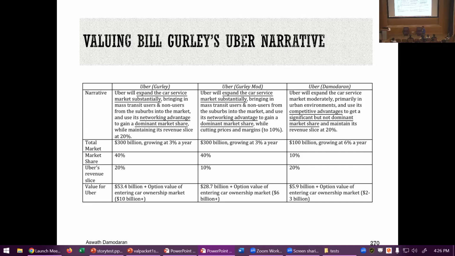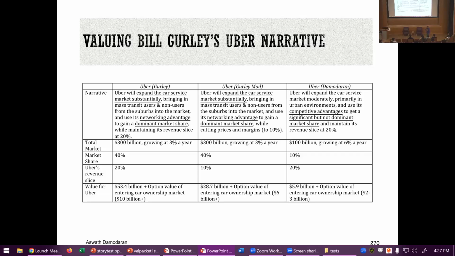I sent him the value, still sitting in Munich airport. And I said, do you like this more? He said, a lot. And he said, oh, by the way, this 20% share is not long for the world. It'll probably get lower. I almost told him, your LA driver told me that already. I said, that's easy to fix. Tell me what it's going to be. He said, about 10%. So I made the slice 10%.